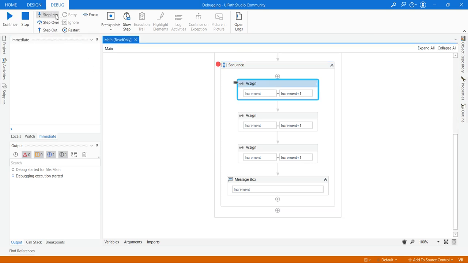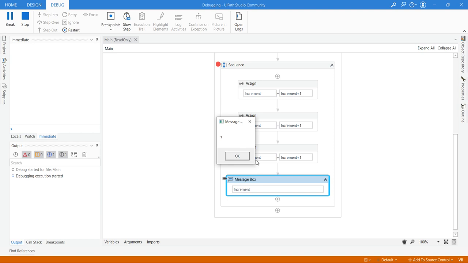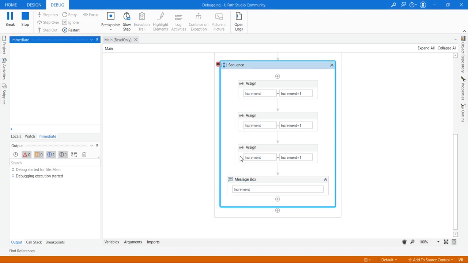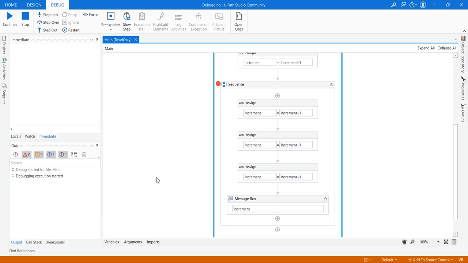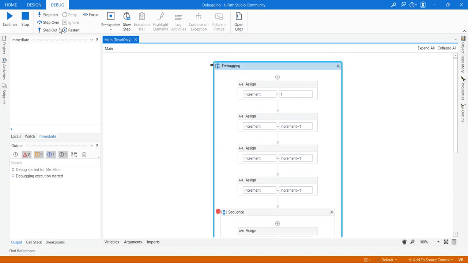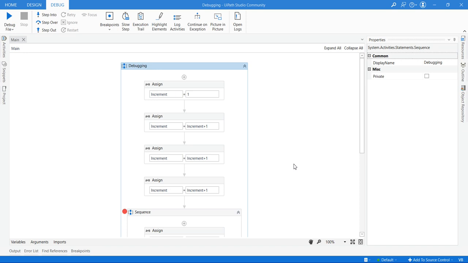When I click step into again, it goes inside the sequence, to each activity, and you can see the message box pop up here. I click OK, and it highlights again once it has completed all the activities inside the sequence, and then it comes out, highlights the main sequence and completes the process.